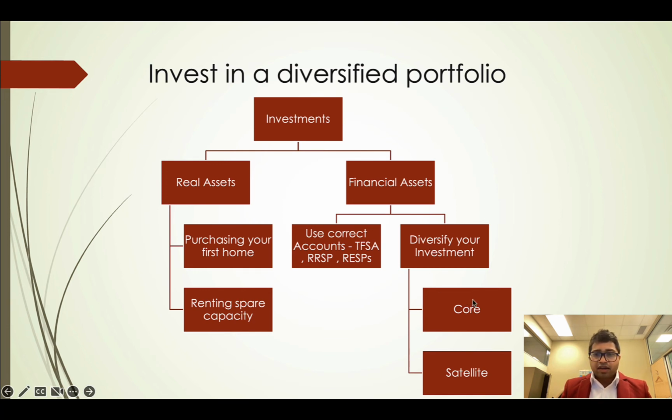Then also diversify your investment. I have a technique of core and satellite. Core is 85% of all my investments, in my core portfolio. Core portfolio for me is only diversified index funds. That is what I buy in the core portfolio. I do not take stock specific risk, I do not take asset specific risk there. I just invest in index funds, right? Stocks and bond index funds.